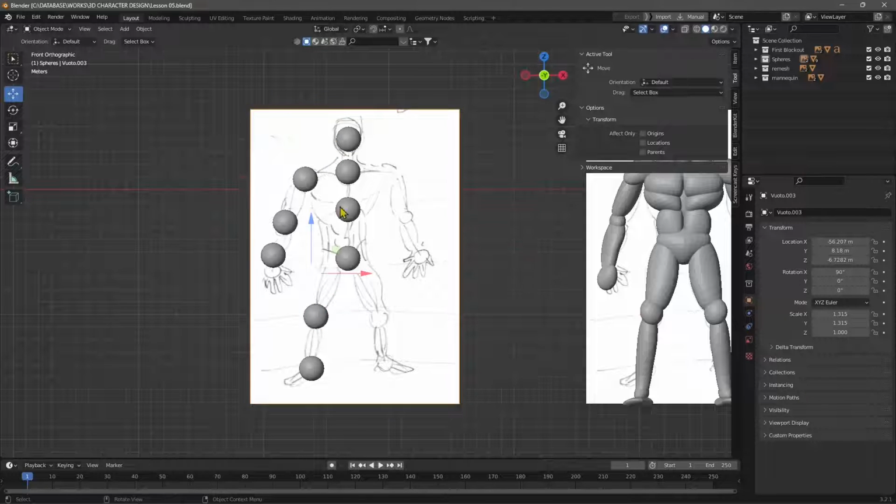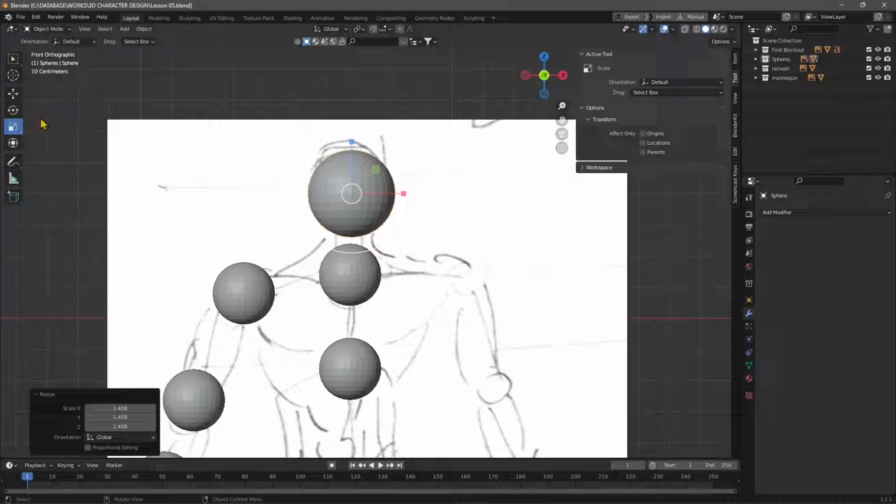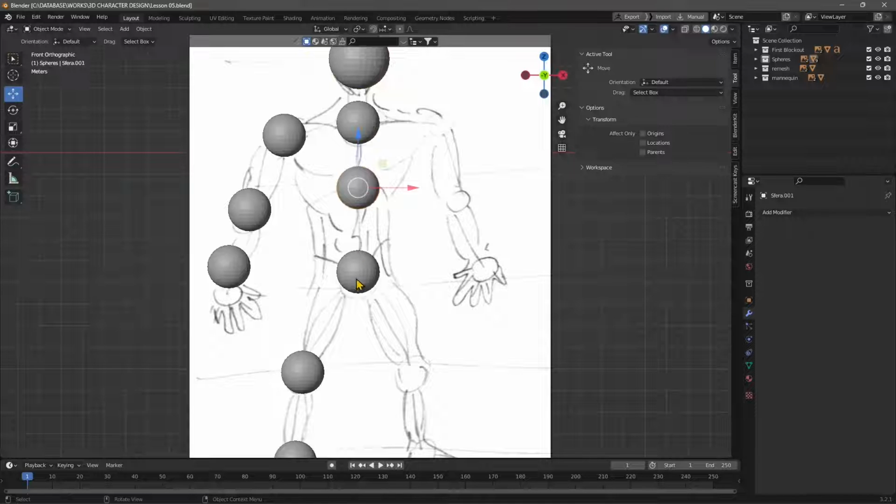Okay, once the spheres are in position, I can start, for example, to scale them and make them a little bit bigger. For example, for the head, I can make it bigger. And well, I will use other additional pieces. So this one here